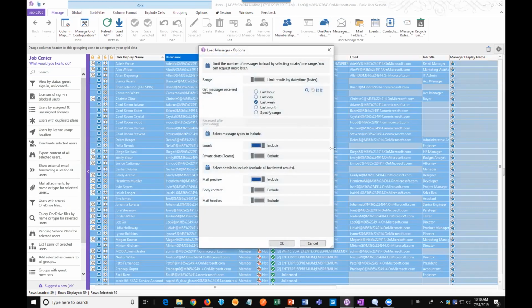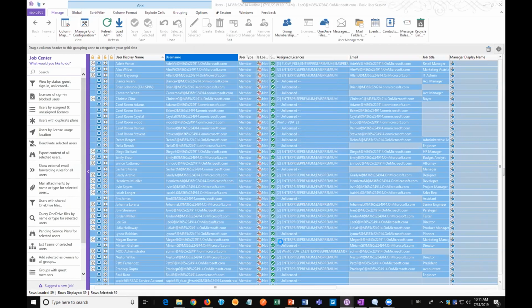Now here, we give you the option, because mail can be very heavy to load. So sometimes all you're looking for is just the subject line, like in our case. So right now, I don't need to see the mail preview, so I'm just going to turn that off. All I really care about is the emails. Private chats have nothing to do with what I'm looking for. And I know that this email was sent within the last week. So what I'm doing is I'm just lightening the load right now because I'm doing this for every user in the tenants. So once I do this,